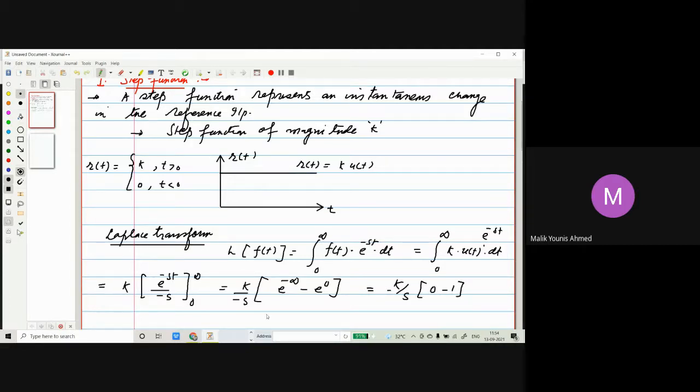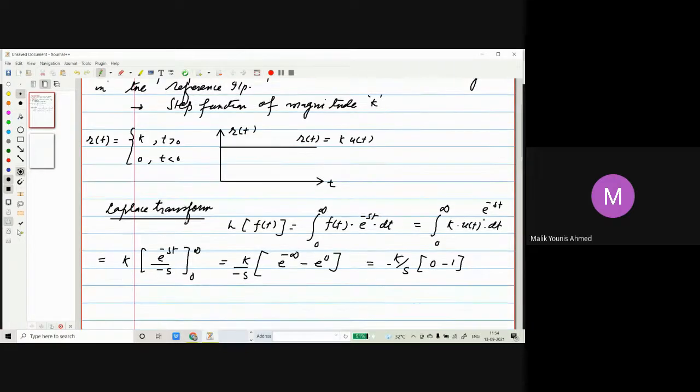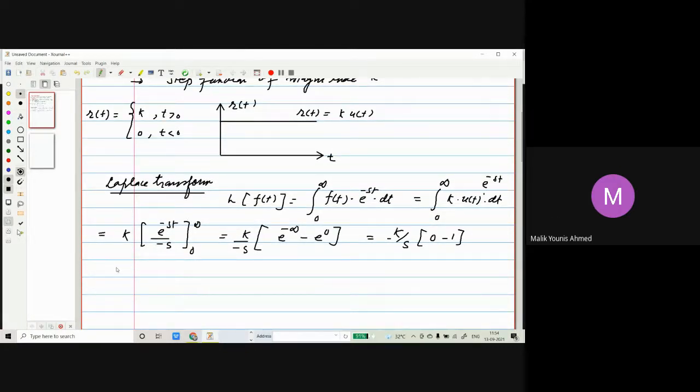So we can say that the Laplace transform of a unit step function with a magnitude k can be written as k divided by s. But if the value of k is 1, then it is simply a unit step function, and the Laplace transform of the unit step function is 1 by s. We have done it in